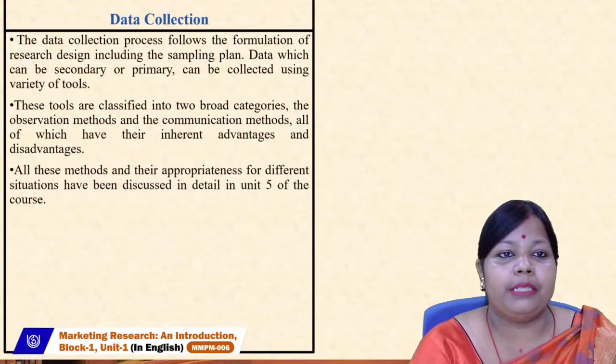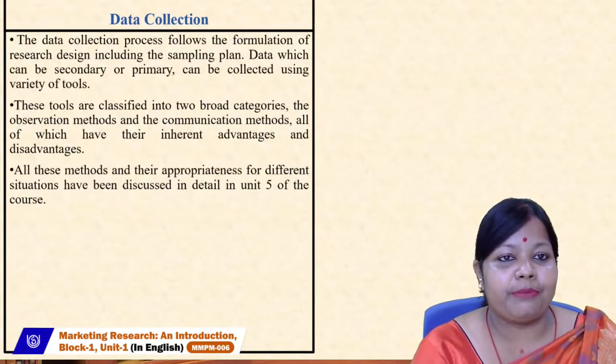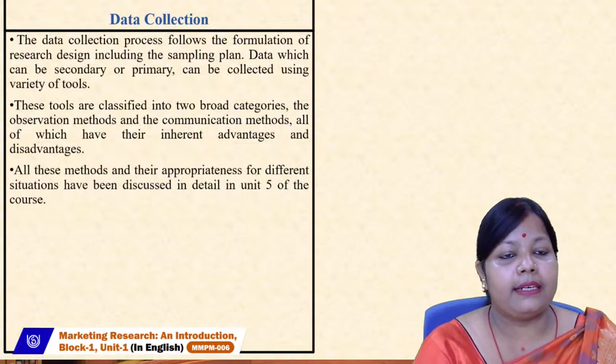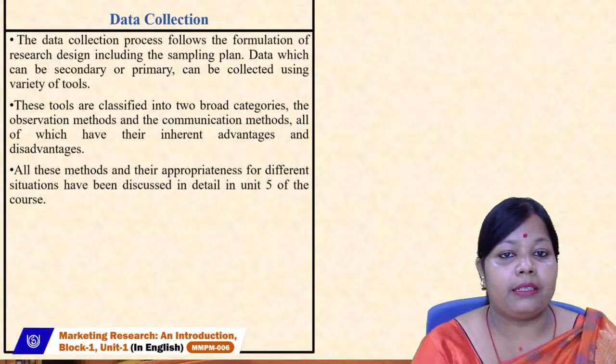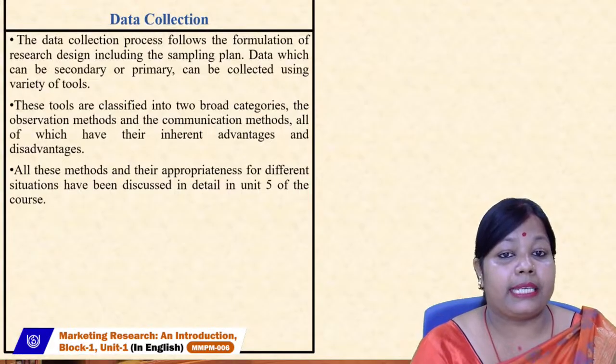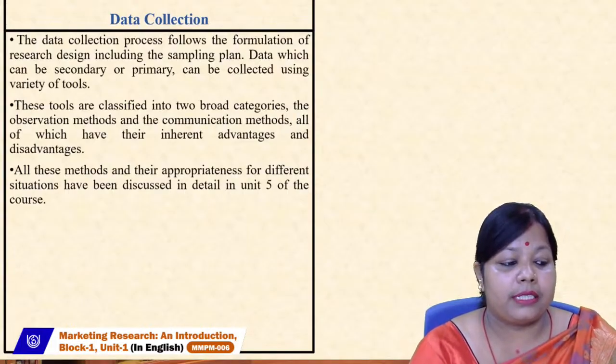Once we choose our sampling method, we will go for the data collection, which is the most important part of the research. The data collection process follows the formulation of research design, including the sampling plan. Data, which can be secondary or primary, can be collected using a variety of tools. If it is secondary data, as per the requirement of the research,